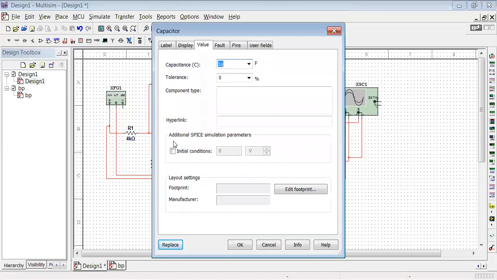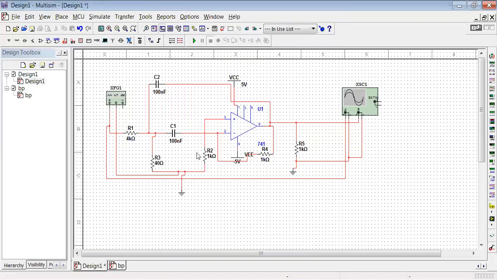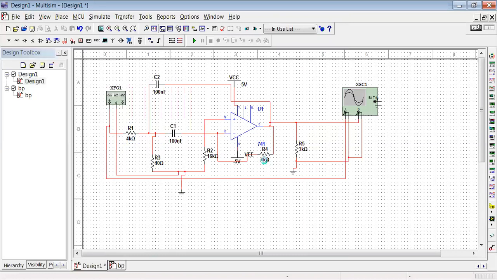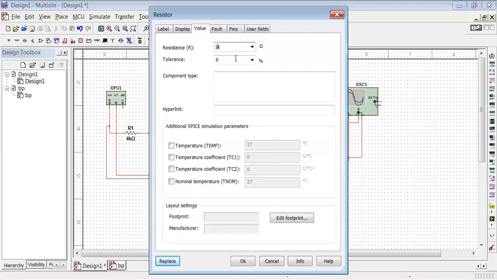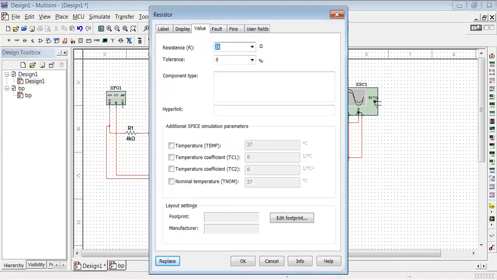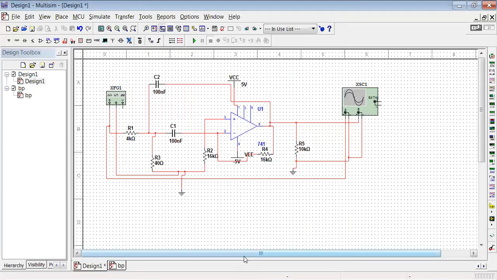This value also we need to change to 100 nanofarad. Click on OK. Now change this resistor value to 16 kilo ohm. And this resistor value is also 16 kilo ohm. And this R5, change it to a 10 kilo ohm resistor. Click on OK.